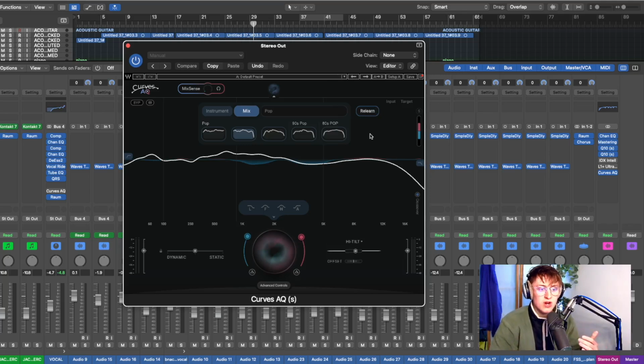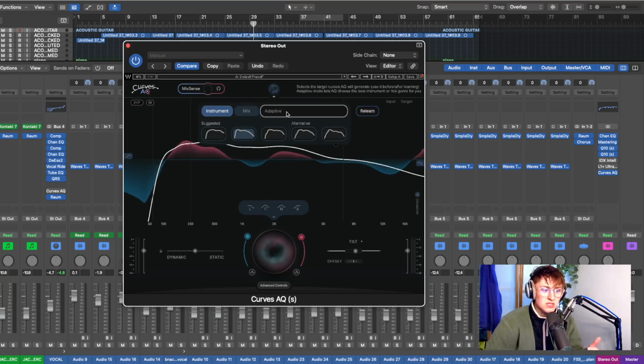As you play the track, it will listen to it, learn, and it will give you EQ suggestions. You can do it by genres as well. You can do it by instruments, and you can make it adaptive. So there's loads of different things you can do, and as you can see, there are lots of different suggestions that you get. We're going to do this in a second, but firstly, this here is the threshold,